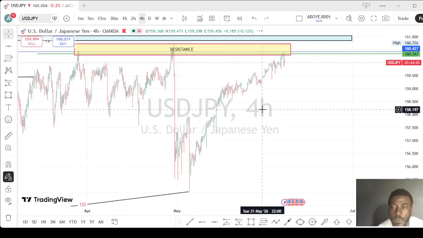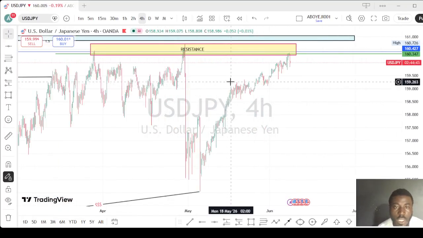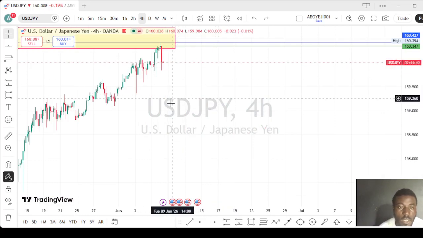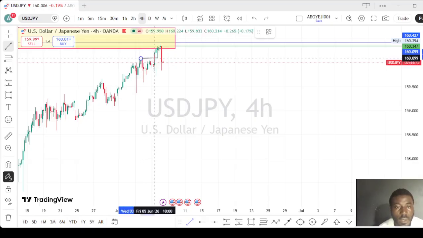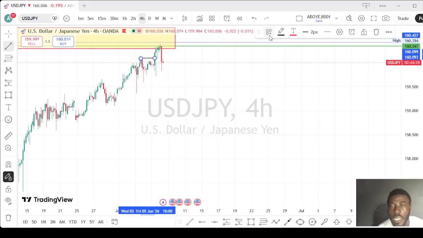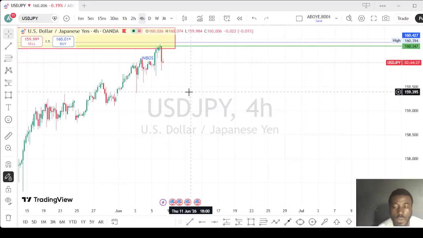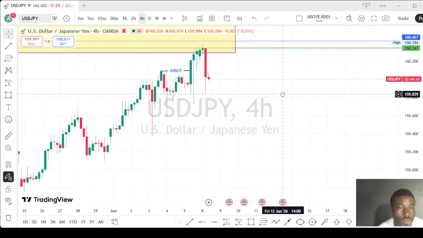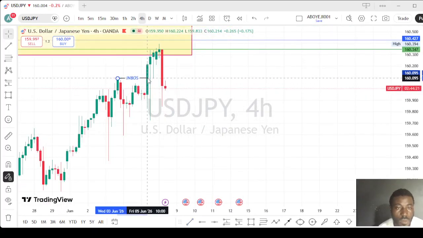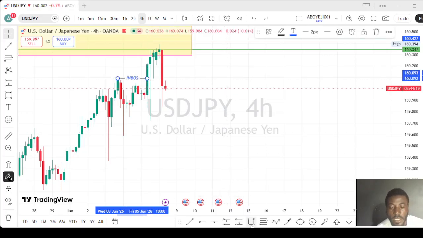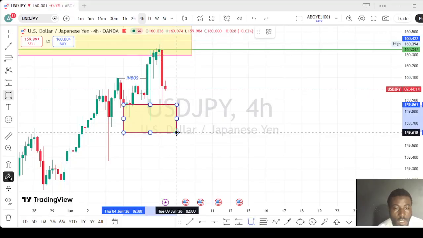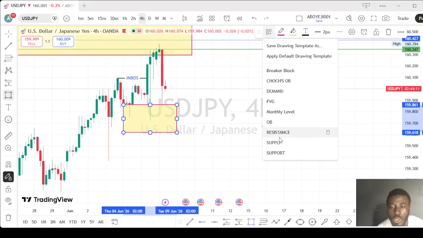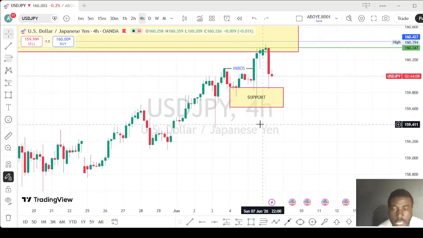This is 4 hour time frame. You can see what the market is just doing. This is what the market is doing now. This is the last break of structure 4 hours gave us. This is the last break of structure 4 hours gave us inside a break of structure. And this is the demand. This is the demand zone 4 hours gave us. And you can see that demand has turned to what? Has turned to support, because it has touched it several times.